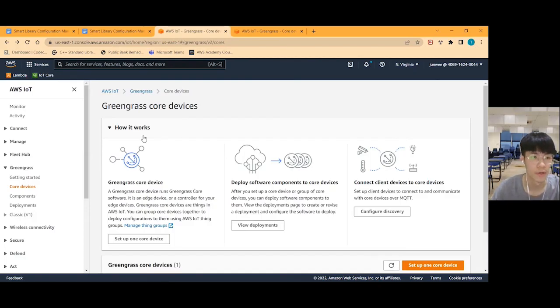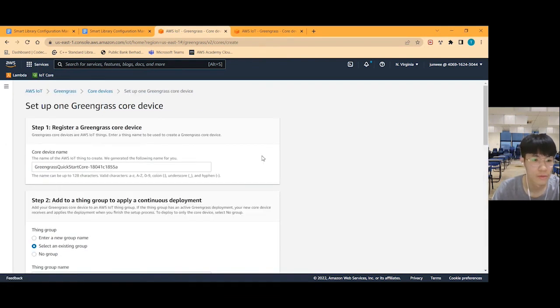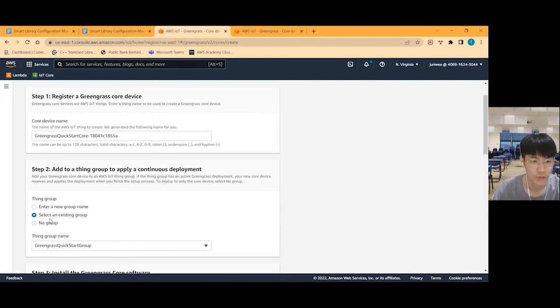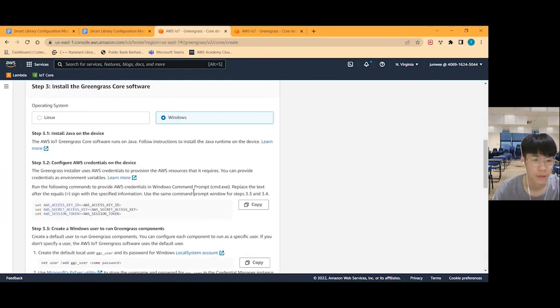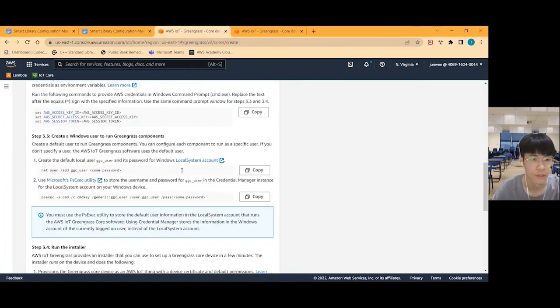We go to AWS IoT and choose Greengrass. Then we can set up one core device. Here we choose select an existing group, then choose the My Greengrass core group that we have created. Here we choose Windows OS and follow the following steps to install the Greengrass core software.